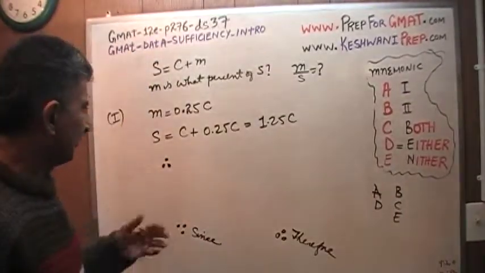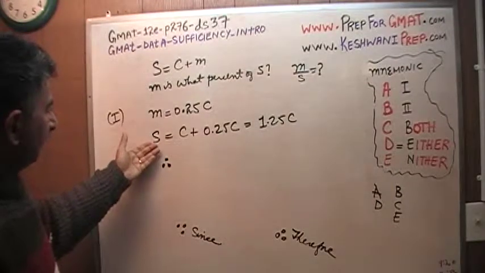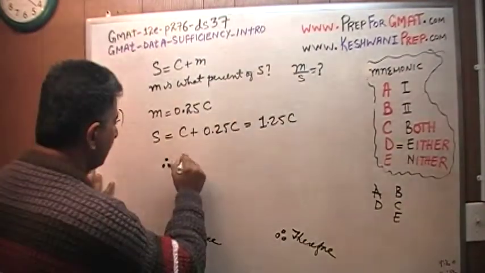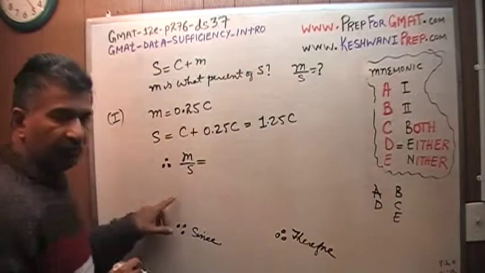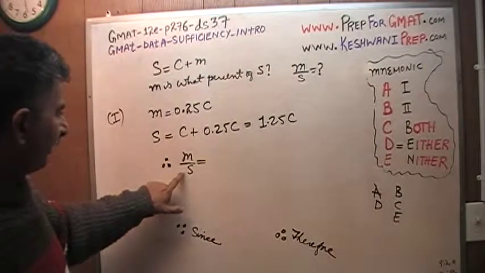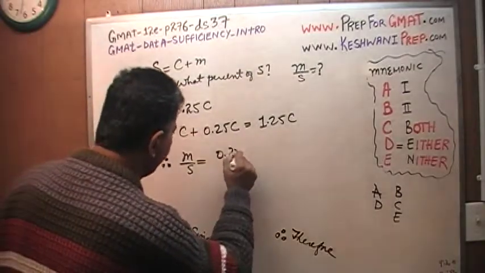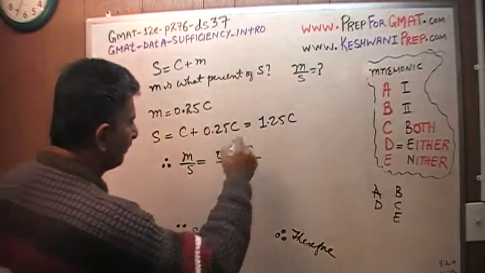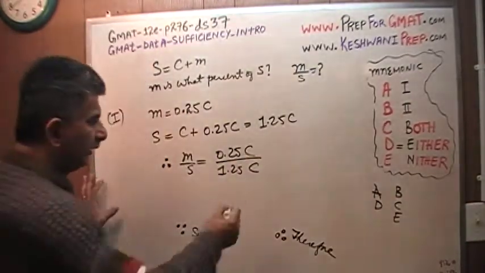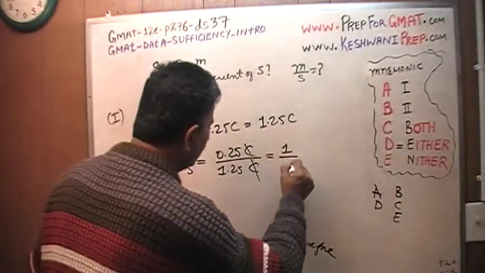I don't know why I'm digressing. But anyway, selling price is 125% of the cost. Therefore, this ratio, markup over the selling price, which is what is going to give us the markup as a percentage of selling price, must be markup, which is 25% of the cost, over selling price, which is 125% of the cost. As you can see clearly here, the cost drops out, and we end up with a ratio of 1/5,